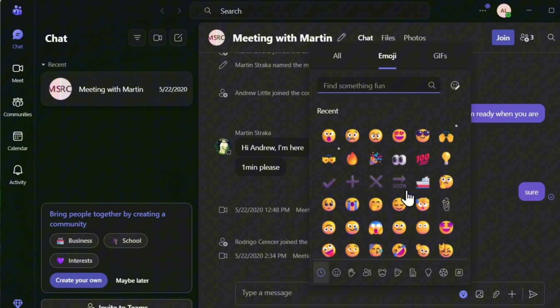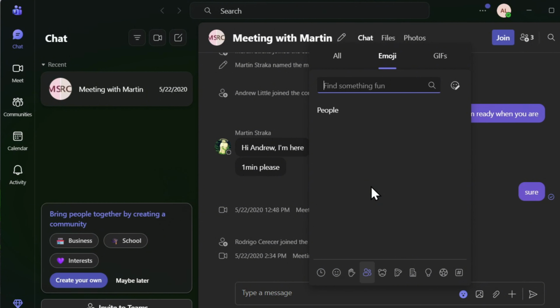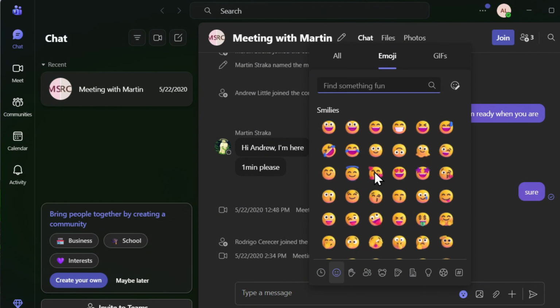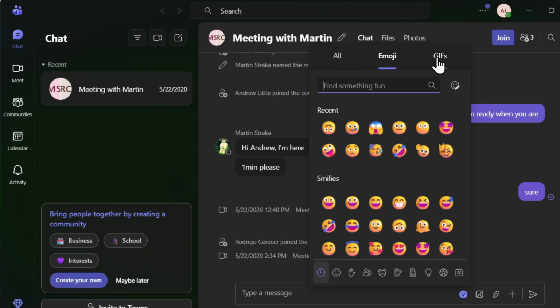If you're opening it for the first time, you'll need to accept to use those Giphy and emojis. But once you do, you'll have this feature available now that you can easily go ahead and click between emojis, and you can even see all, and if you scroll on you see some gifs as well. And if you want, you can use a tab, because this is basically under all at the moment, but you can click the tab that says emojis only, and you have a whole load of different emojis that you can go through. And if you want just gifs, you can also find this as well to the next tab,